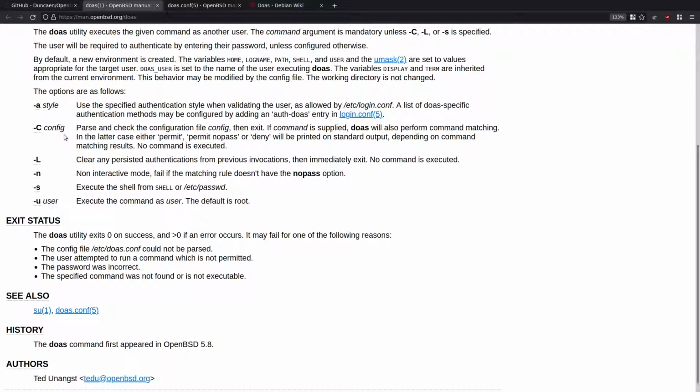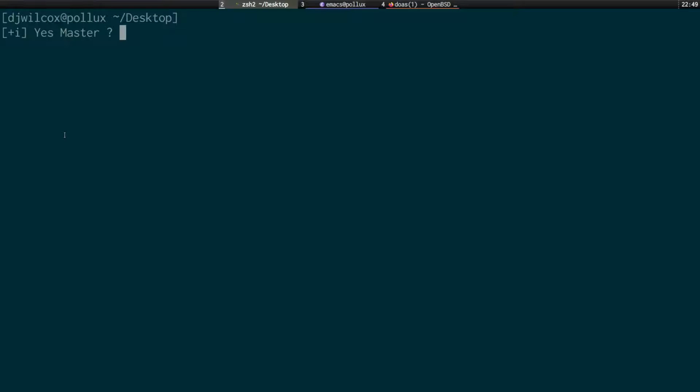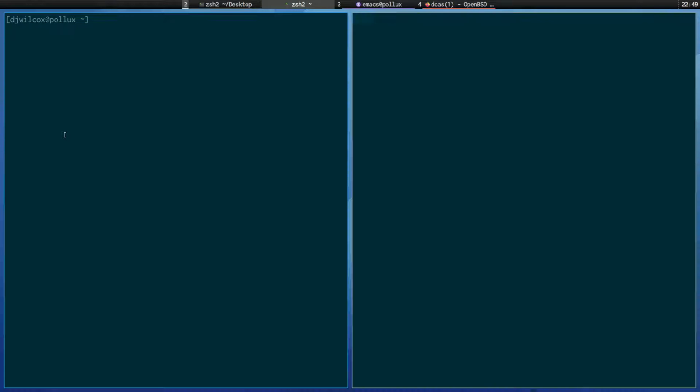Visudo is a mode where you run sudo visudo, and it uses your specified editor to edit the sudoers file. But what it does is check for any syntax errors, and if there are any, it won't let you quit the file before you fix them. So what I want to do is show you how you can accidentally lock yourself out of doas and how to prevent that. I'm going to open two terminals,